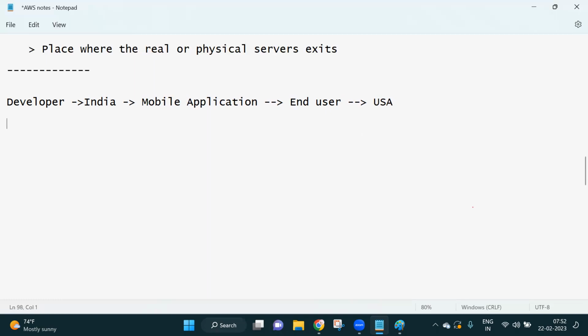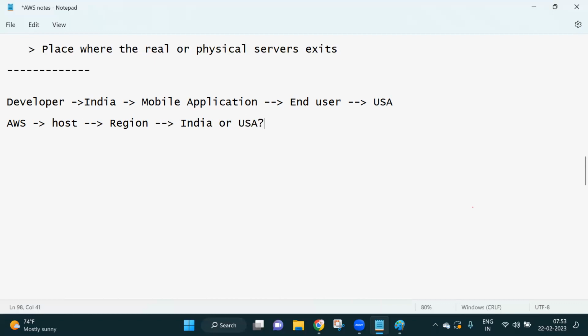Now, you have developed your application, right? You are going to host your application on top of AWS. For that, obviously, you have to create the region. Initially, you have to select the region. My question is whether you will select the region from India or you will select the region from USA.